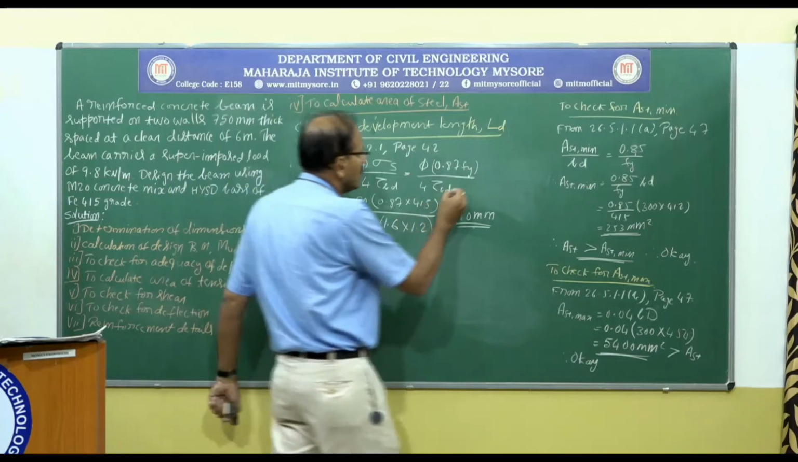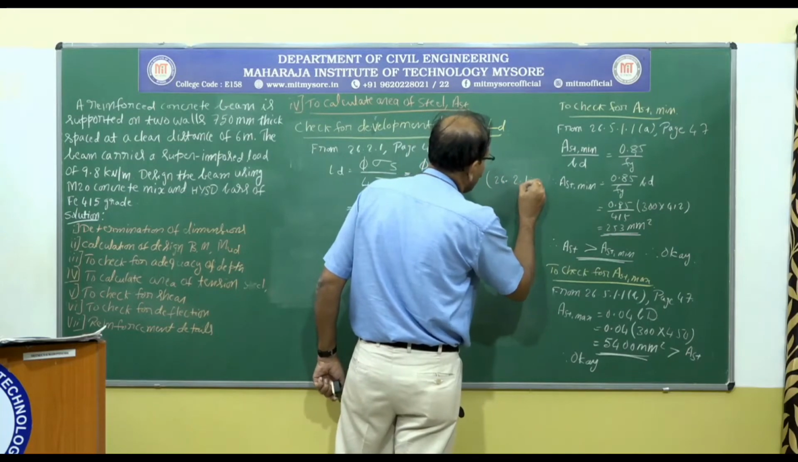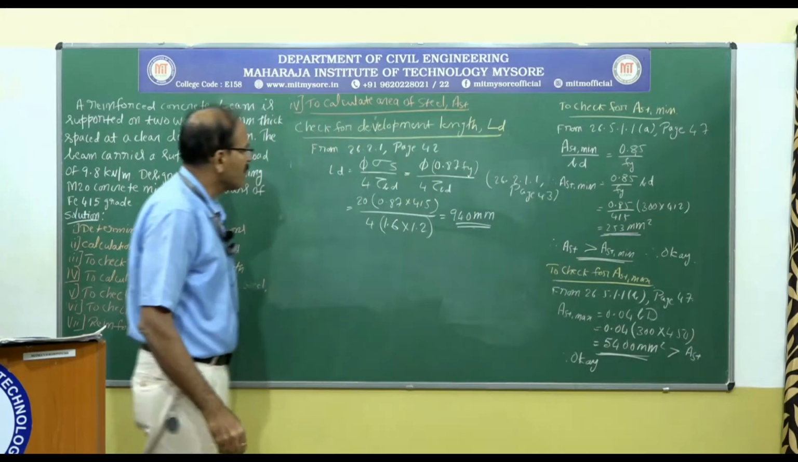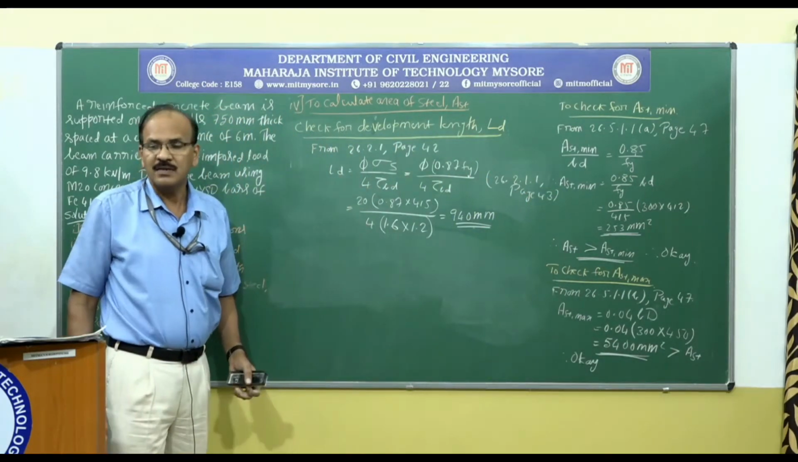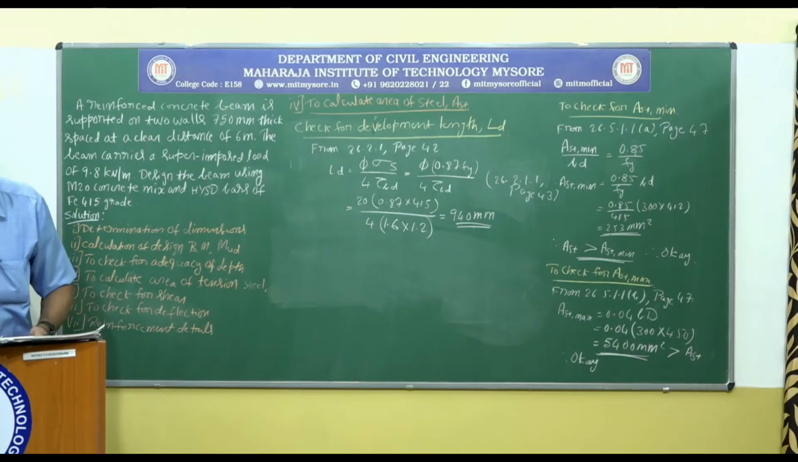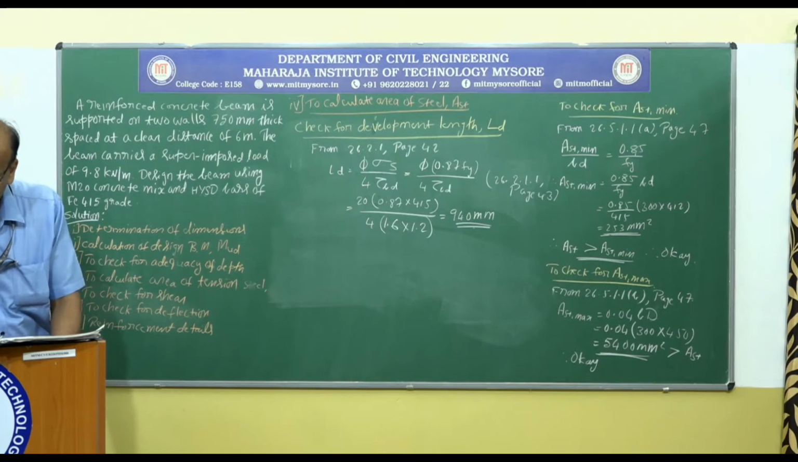Okay. So this is from 26.2.1.1 page 43. Okay. This is the development length. Again, if you go to page number 44, please go there. So under 26.2.3.3, positive moment reinforcement: at least 1/3 the positive moment reinforcement in simple members and 1/4 the positive moment reinforcement in continuous members shall extend along the same face of the member into the support to a length equal to